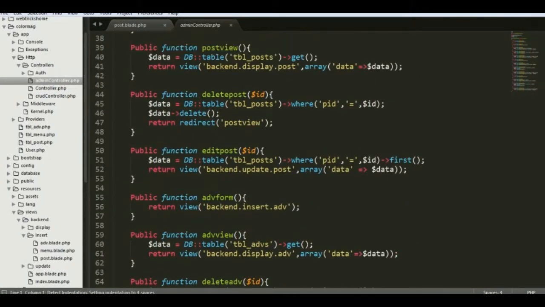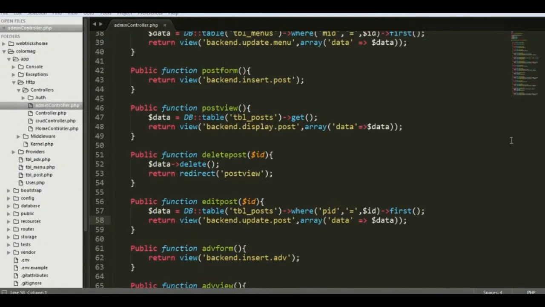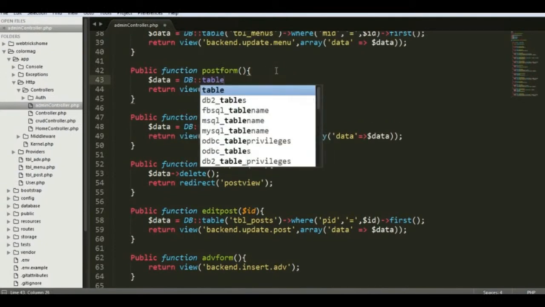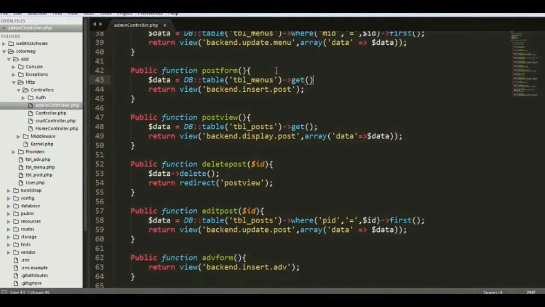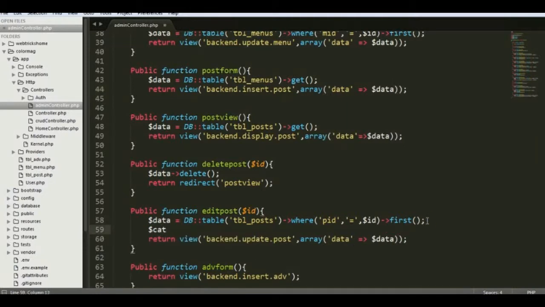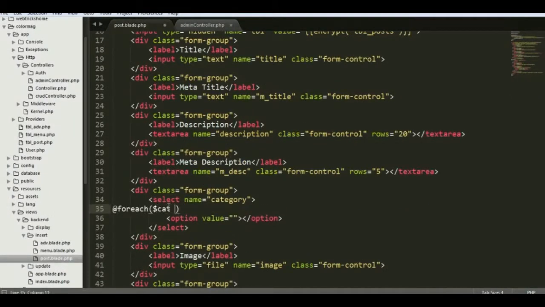We need to modify the post view function and admin controller for that, right? Define a variable to store all the data from menu table in an array here. Yep, so that's done. So let's do the same for the edit function as well, so that we don't need to come back here again and type the same code, right? We're going to change the variable here because we have already got data there. So relocate here. So in the display file or the insert file, you can use the for loop to define the value and data to be displayed there. Alright,